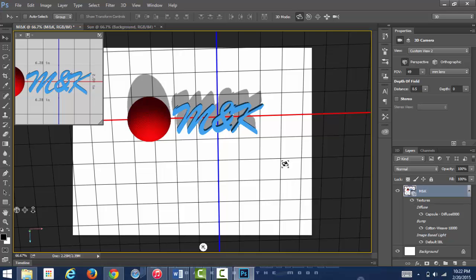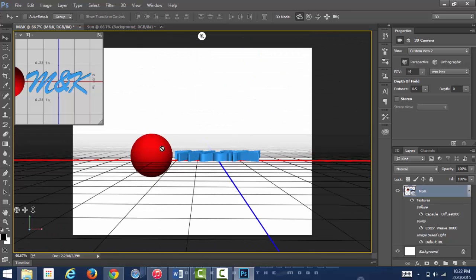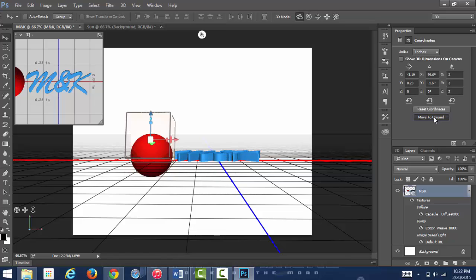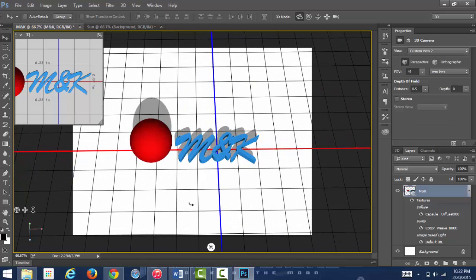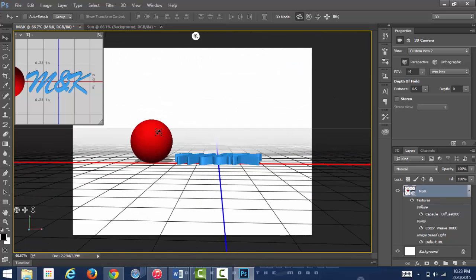Now it's all ready to print, right? Yeah, you can print it. But make sure that these two are set to base. Yeah. There it is. There is an error in this. So what you're gonna do is go to coordinates and move it to ground. Now these two are on the base. Now it's ready to print. Okay, awesome. You can even reduce the size of this sun because it's bigger than the name. This is how we work on the 3D